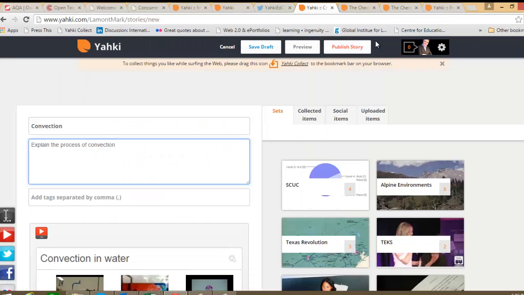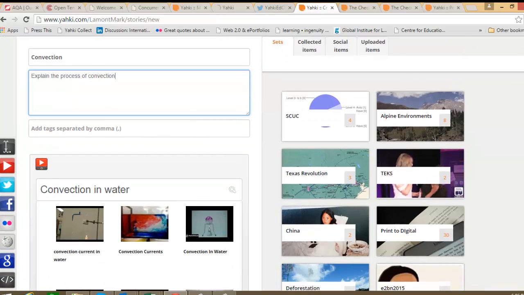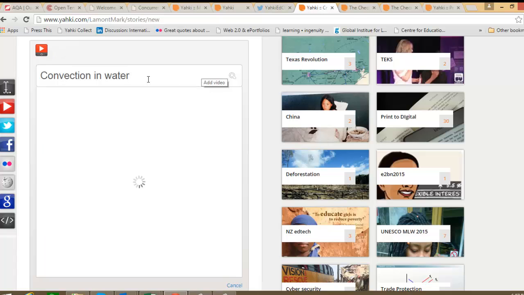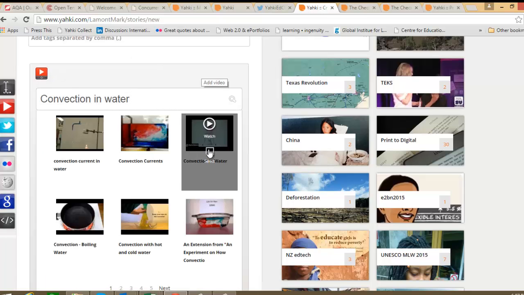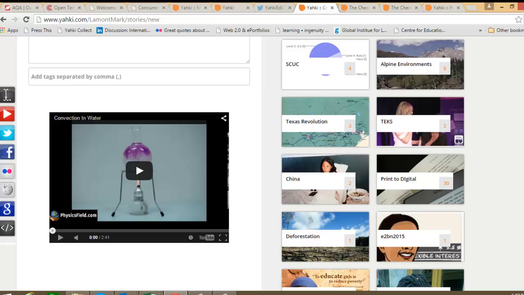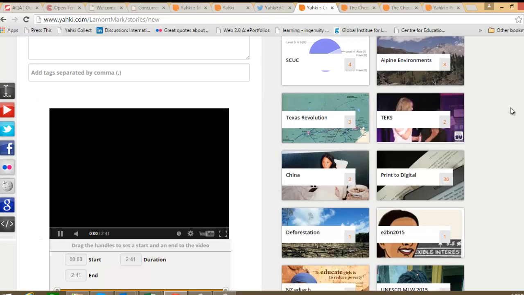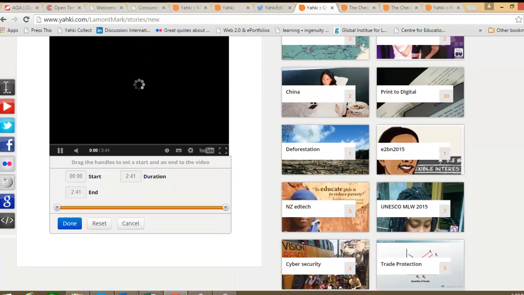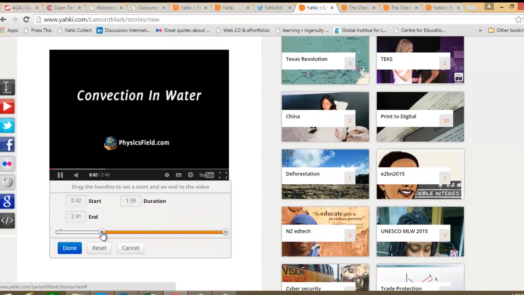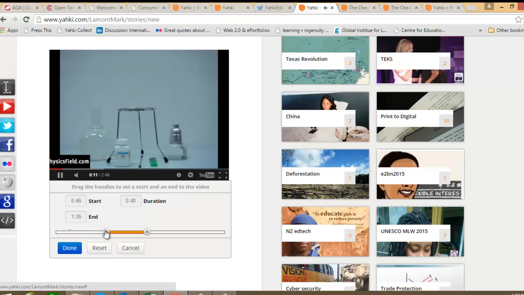In terms of the second most highly rated factor for student achievement, Piagetian models, Yahki is also appropriate. Here we can see how a student can advance from concrete understanding of a concept, say convection, to a more abstract understanding. Yahki allows students to make decisions and judgments on the most important information or relevant information in a given context. Students are able to edit information to show their understanding of the most important part of an experiment,